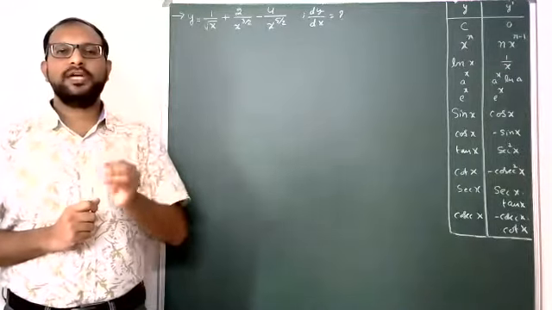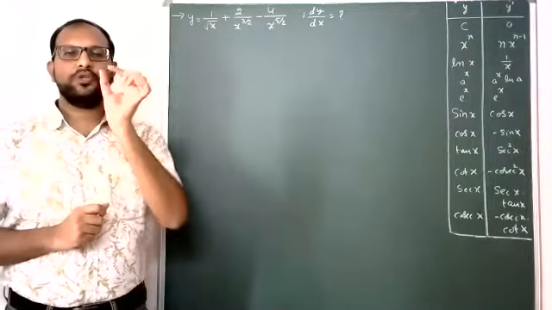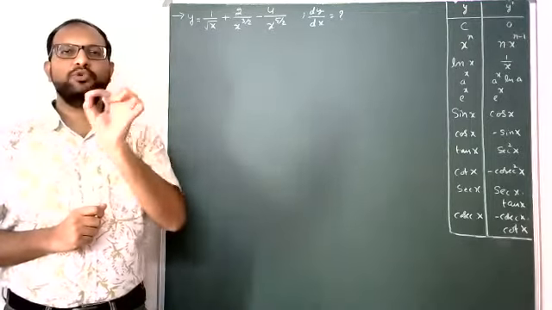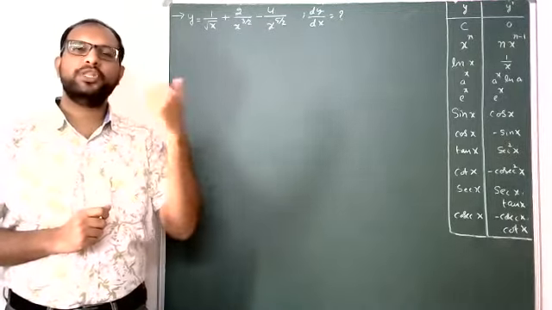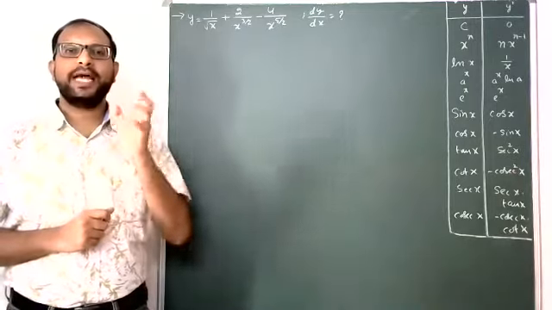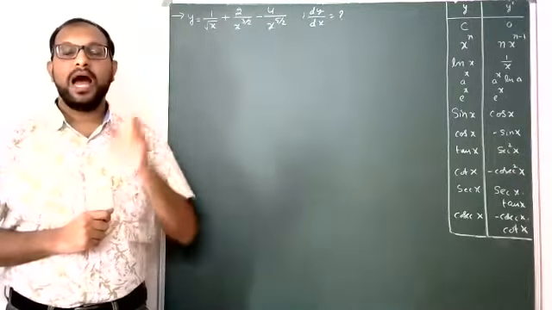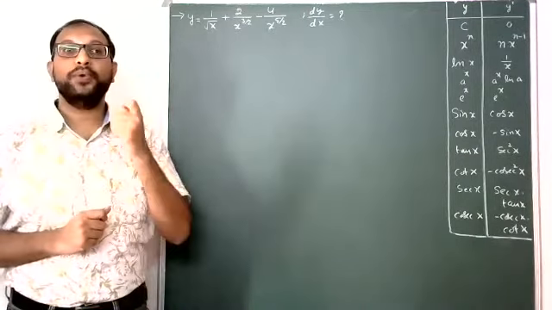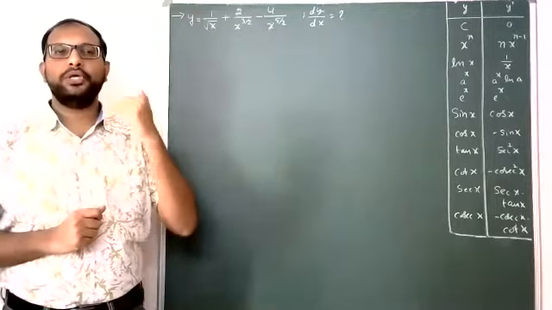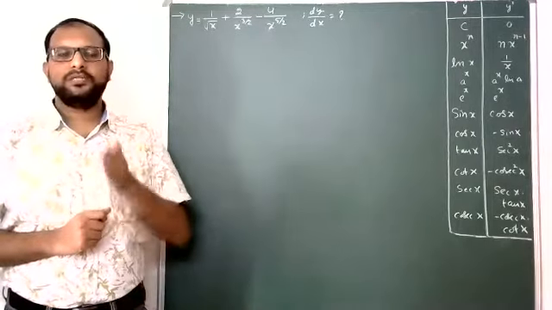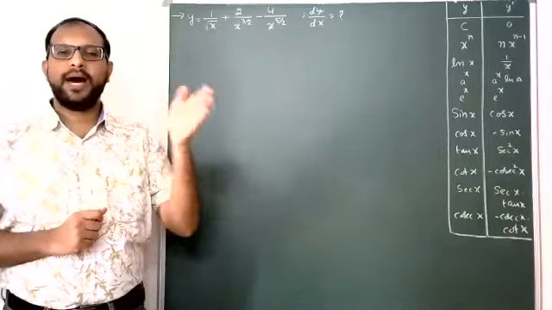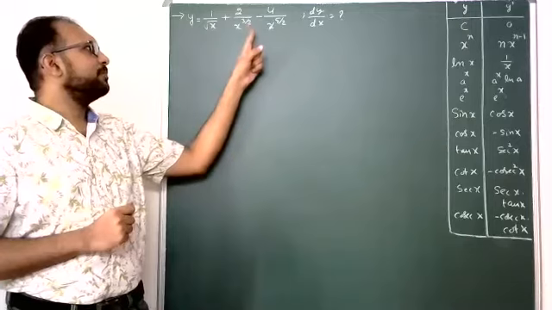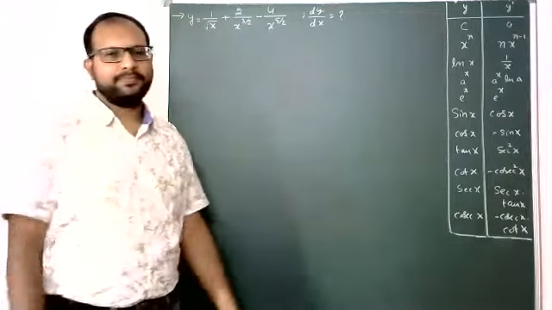Later, the rules of differentiation. Suppose one constant times a function, or addition of two functions, not only two, maybe more than two functions. Subtraction, that is a difference, or multiplication of two functions or three functions, that is u into v, or the u by v form. So all this I completed, students, in part 1. A small revision on that, with the help of this problem, now I am going to explain.